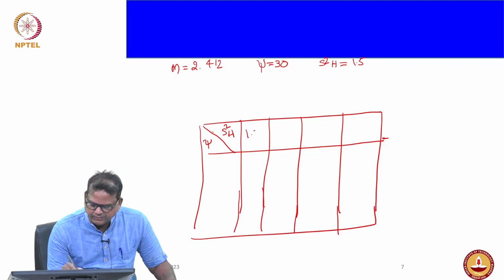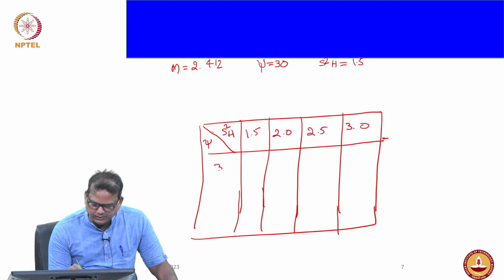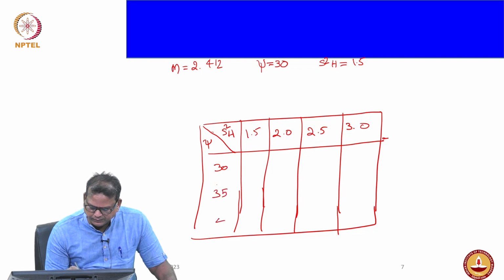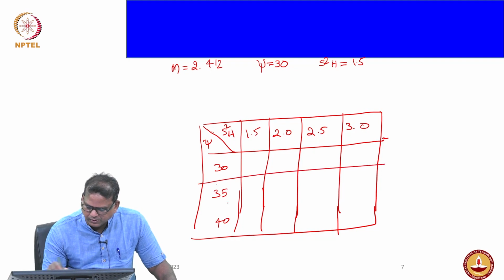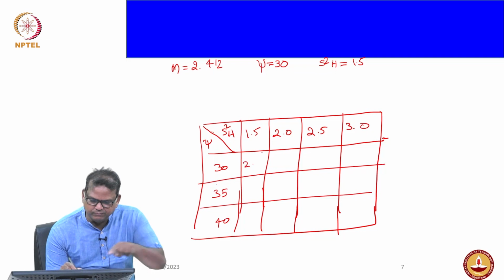Assuming your factor of safety 1.5, 2, 2.5 and 3, the structural support 30, I will take the lower limits 35 and 40. Okay. So, this should be as we got